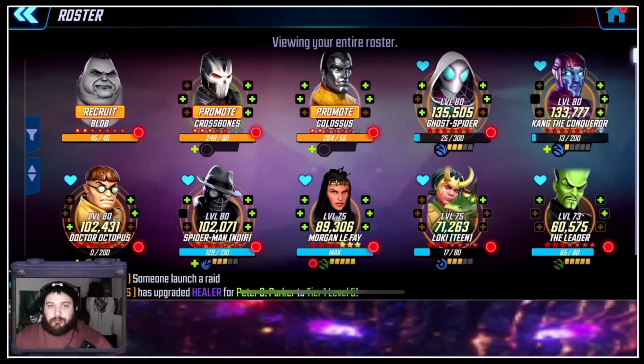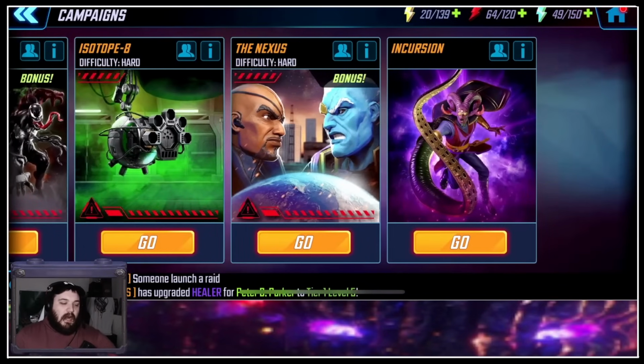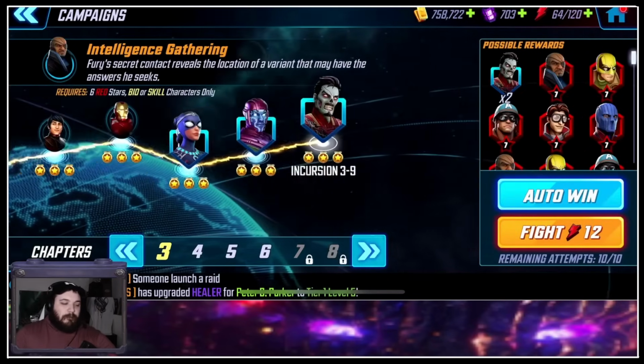All right, let's finish off by talking about the last campaign that we haven't talked about yet. That is going to be the Incursion campaign. It has a different energy. In this campaign, there are no gold orbs to be worried about, but there are red stars. What I would say,